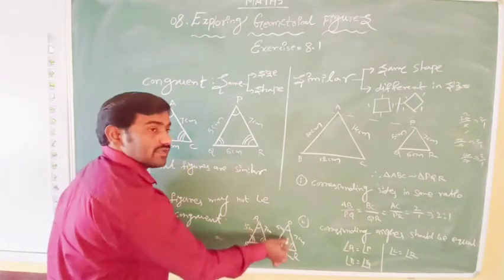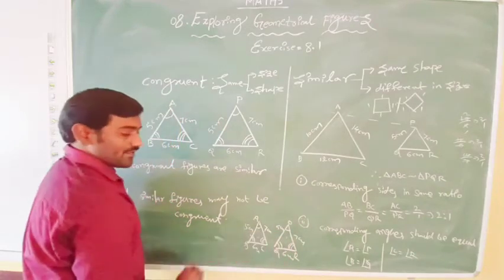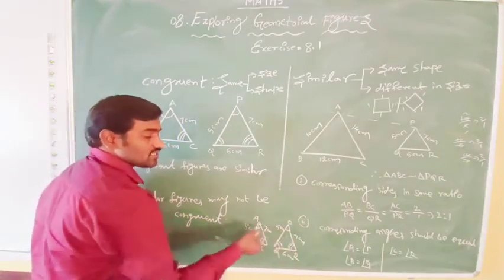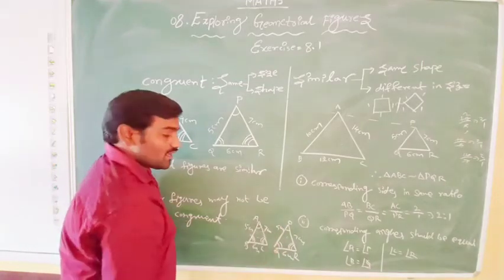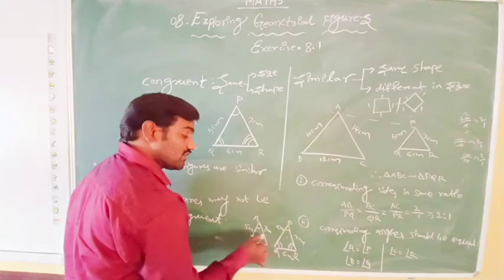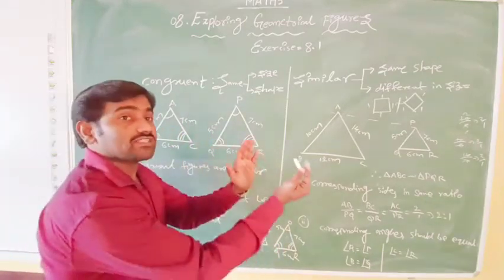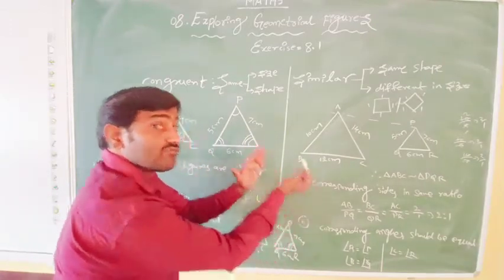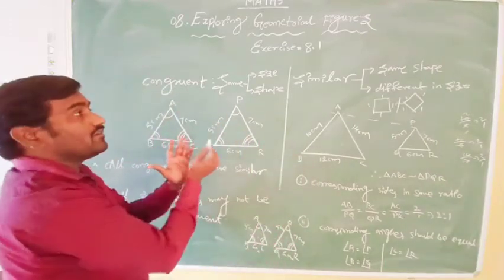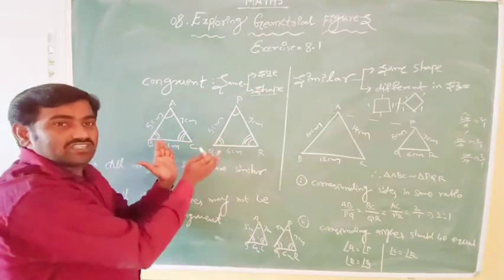These two are similar. Then we can also say these two are congruent because they are having same size of sides and equal angles also. Hence these two triangles are similar. This is congruent also. Sometimes the similar figures are congruent. When they have same size and same shape, the similar figures are congruent. When you are reading a same size and same shape, itself is a congruent first.